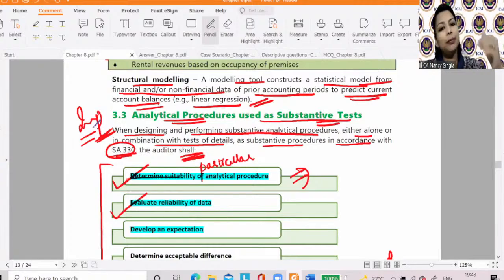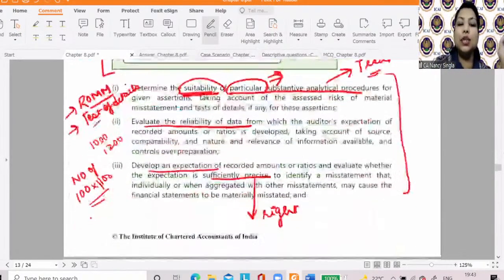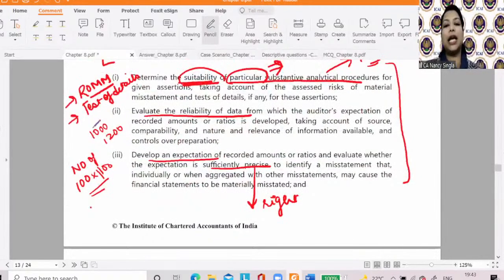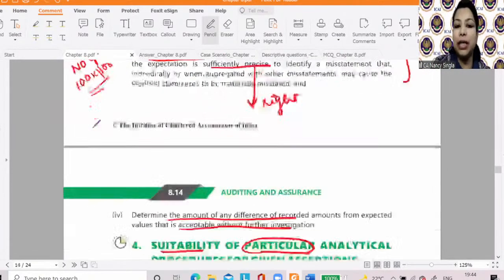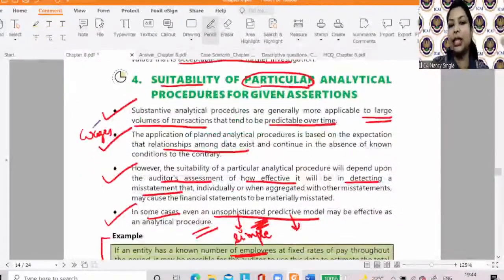We are saying that अब analytical procedure तो apply हो रहे हैं, तो अब सबसे पहले क्या देखना है? Suitability of a particular substantive analytical procedure, जो risk of material misstatement and what test of detail he is performing पे depend करता है. Reliability of data देखना है, develop करना है, expectation और difference देखना है कि which is acceptable without further investigation. So when you are looking at a suitability of particular analytical procedure,